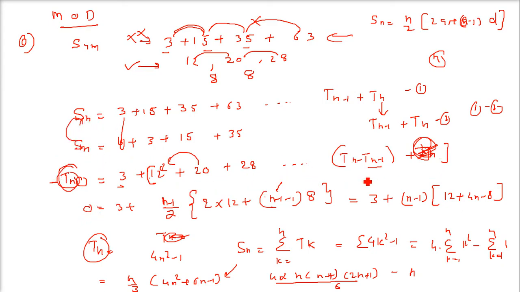This will be n minus 1 terms, so n minus 1 we are using, and this again n minus 1 we are using, and finally we use this sigma, and sigma k square is the main thing which we used, and this is the final solution. So this was the method of difference we are going to adopt when we see that the series is not in AP or GP.